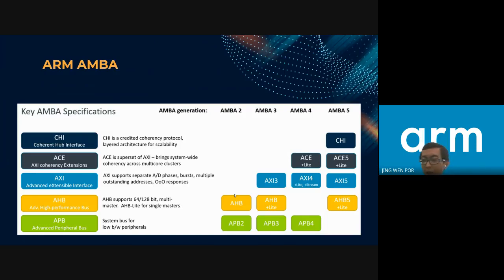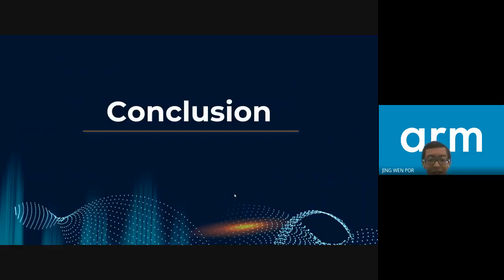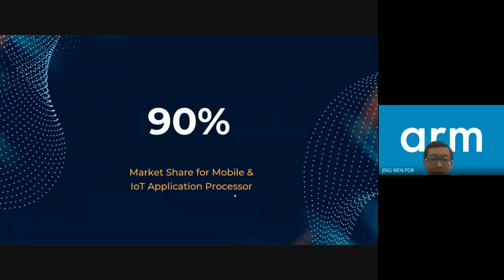As you can see from the diagram, there are a lot of specifications here: ARM CHI, ACE, AXI, AHB, and also APB. Throughout the generations, there are more improvements in the ARM system. So as a conclusion, basically,